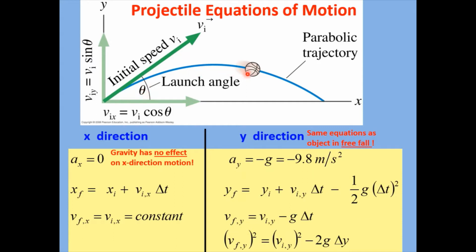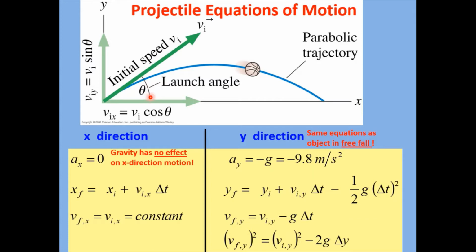In this case, the example looks like a basketball that's being shot, or it could be a soccer ball being kicked or something like that. But the key thing is that at the initial launch of the ball, we know its initial speed. And of course, this is a velocity vector that points up at some particular angle,